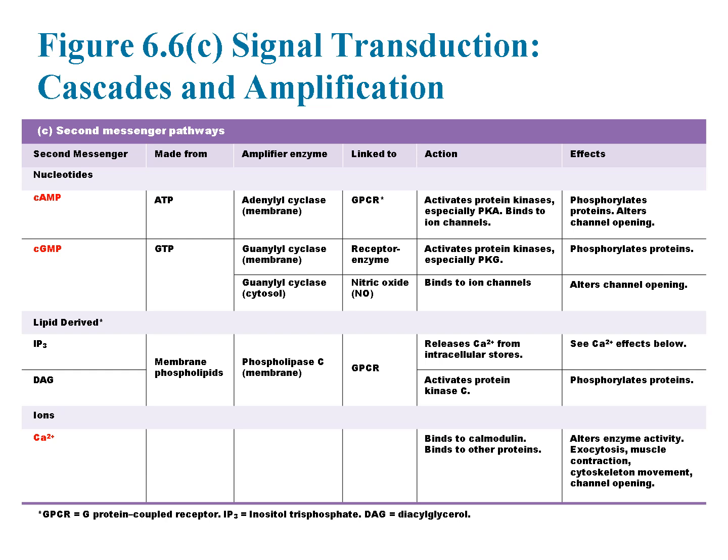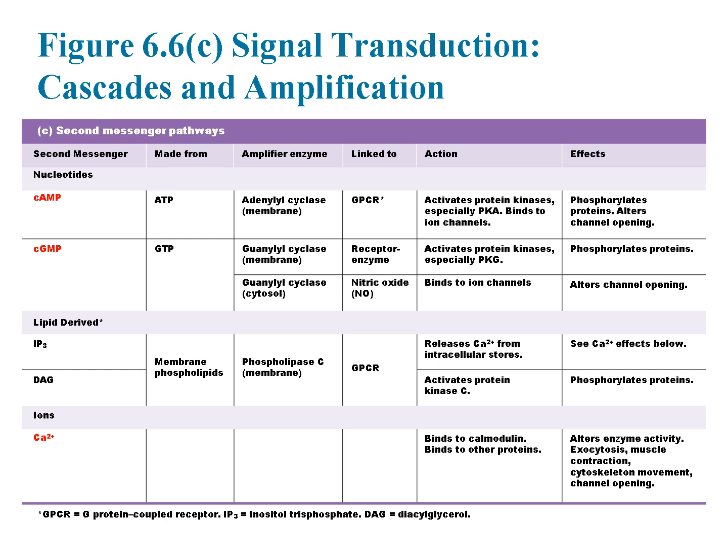Finally, we have ions, particularly calcium, which serve as highly versatile second messengers. Released from internal stores or entering through ion channels, calcium binds to proteins like calmodulin, triggering changes in enzyme activity, muscle contraction, cytoskeletal movement, and more. In summary, this table highlights the diversity and specificity of second messengers. While they vary in their production and targets, they all play a role in amplifying signals and coordinating cellular responses